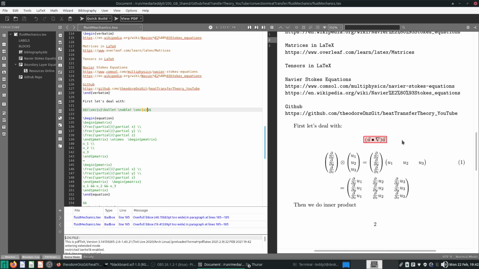Okay, the gradient of u. Then we take this dot product, inner product. Sorry. Of course, you can do the inner product as well first, and then you put this